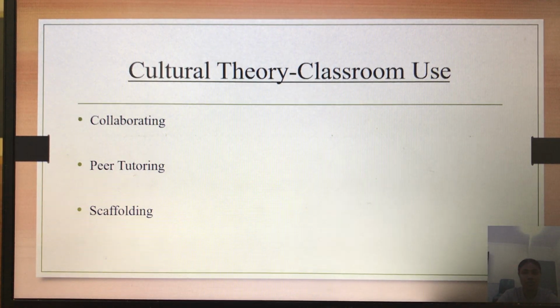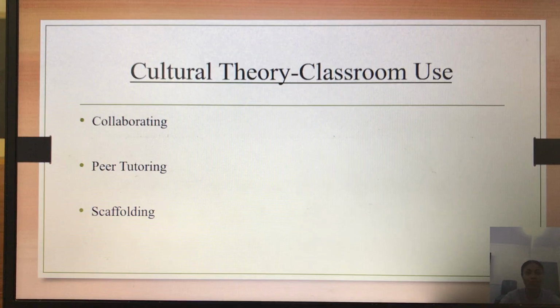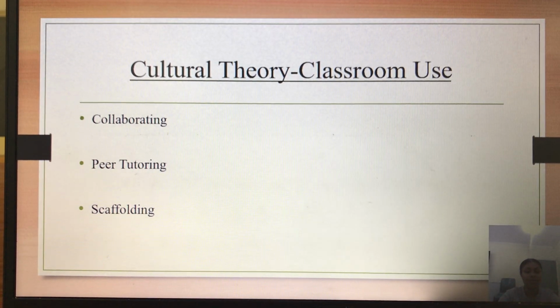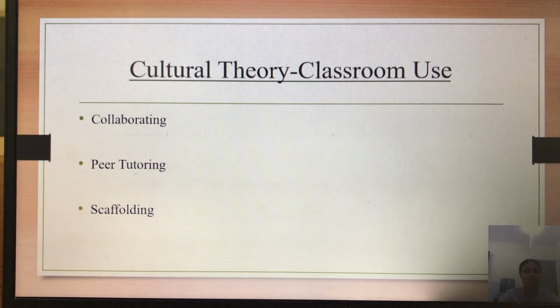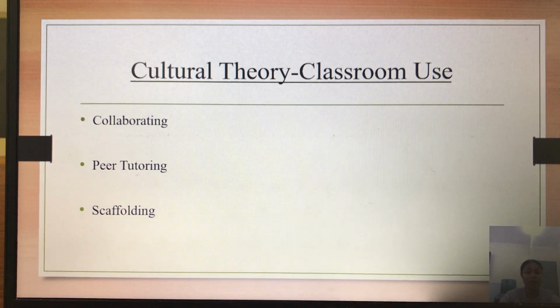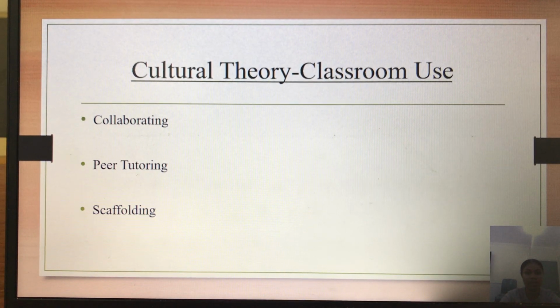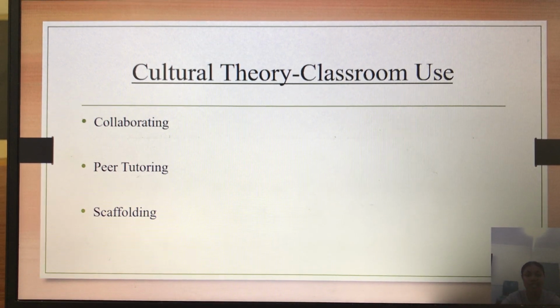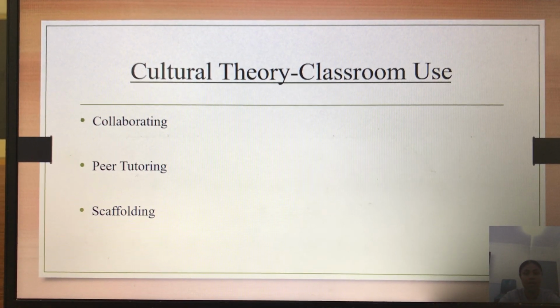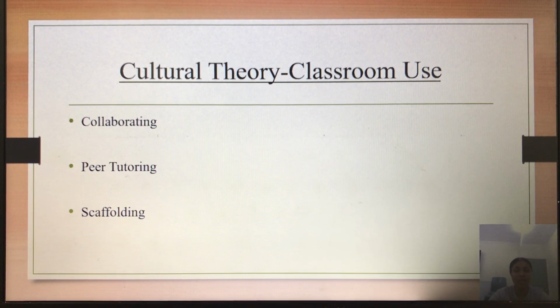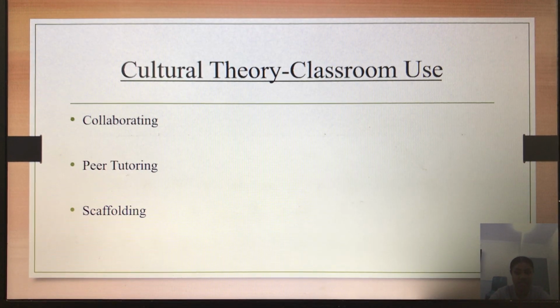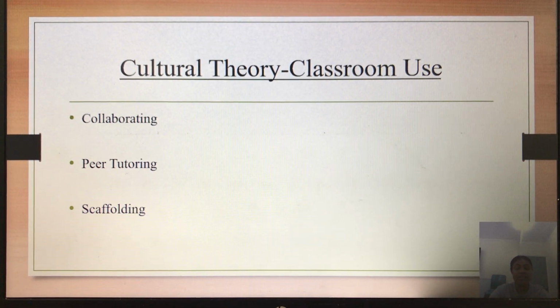In the classroom, sociocultural learning is seen through group work, peer tutoring, and scaffolding. Teachers or peers act as the more knowledgeable others, guiding students until they can do their activities or work independently, individually. Language and dialogue are essential tools for this learning process.